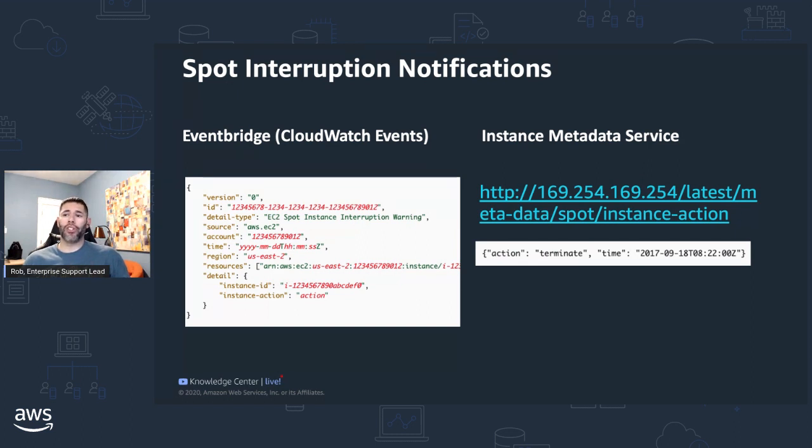You'll get a notification 2 minutes before we're basically going to reclaim that spot instance. This comes to you in the form of a CloudWatch event, and that way you have a couple different ways to monitor and check for that. Based on these, say using EventBridge and a CloudWatch event, you could see this event come in and use